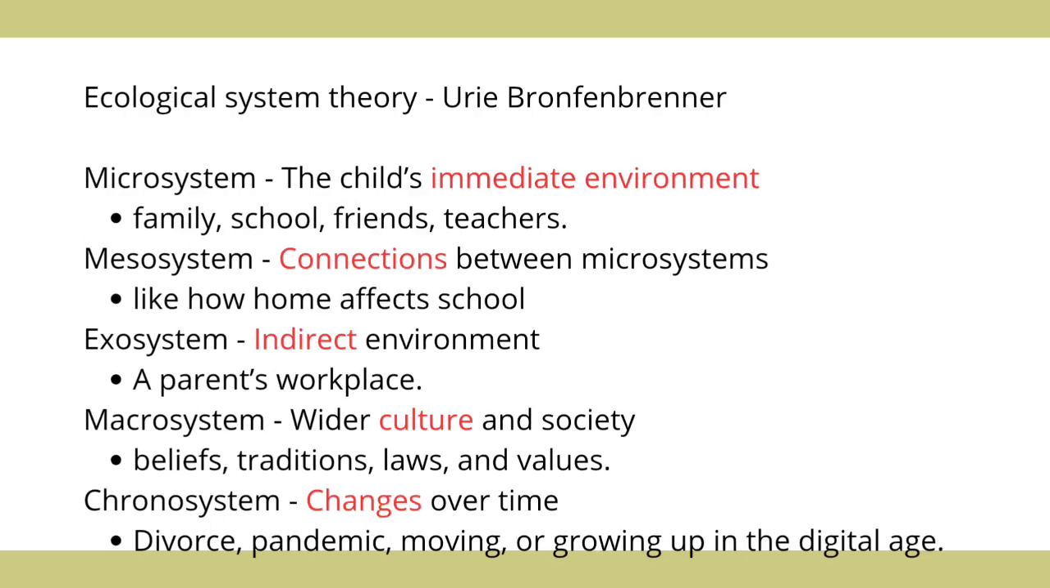The ecological systems theory explains how a child's development is influenced by different layers of their environment. The five levels of the theory of Urie Bronfenbrenner: First, the microsystem. It is the child's immediate environment. This level has direct interactions with the person or child that shape daily life, including the family, school, friends